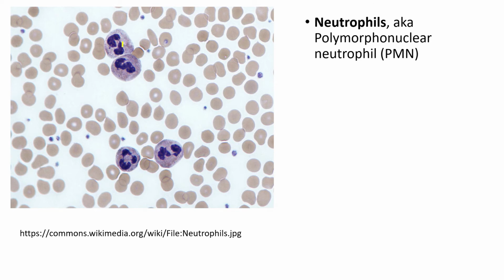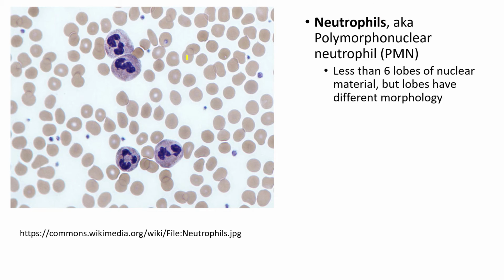So that tells you a lot. So poly meaning many, morpho meaning shape, and so there are a lot of different shapes of the nuclei. Remember, the nuclei are going to stain blue or basophilic. So neutrophils have less than 6 lobes of nuclear material, but the lobes have different morphology, and these are phagocytic